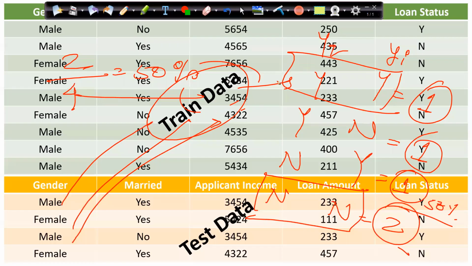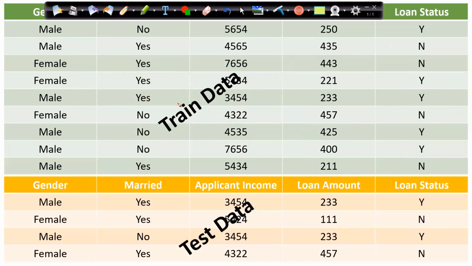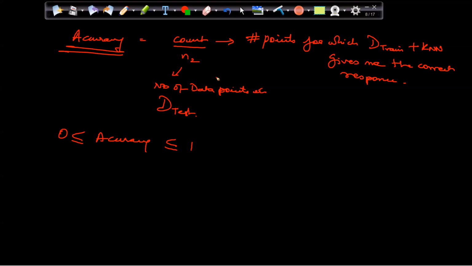So let's assume that in this whole data set we applied the model, and let's say I got 91% accuracy. Let's say there are 1000 records, and then I split into test and train, and then on train data we create the model, and then on test data we test the model. The accuracy which I am getting is 91%.